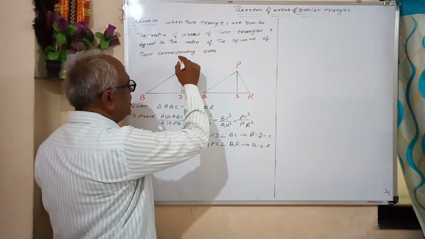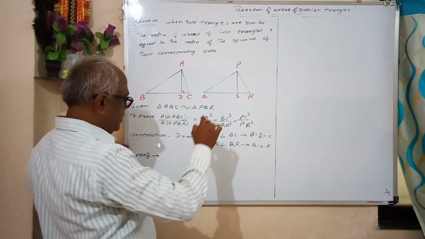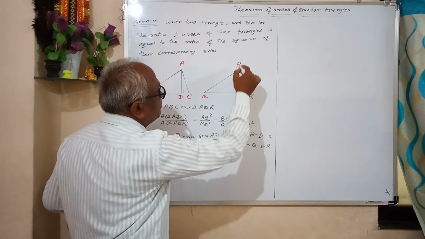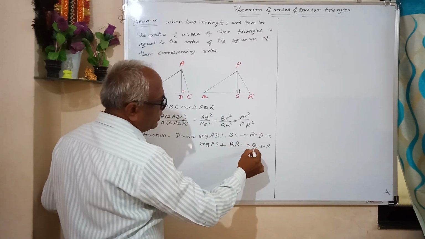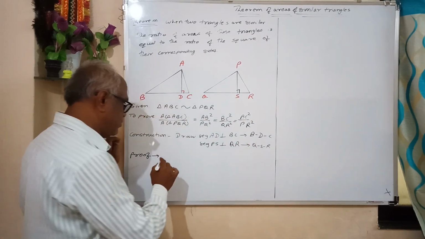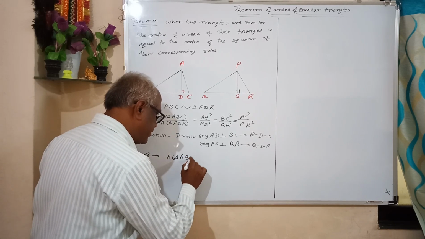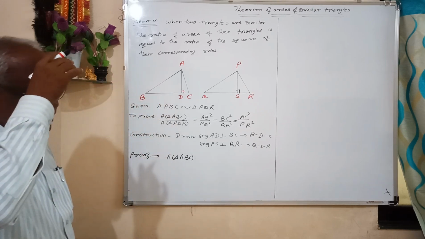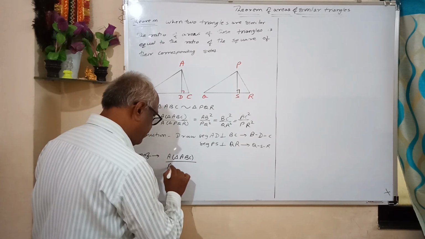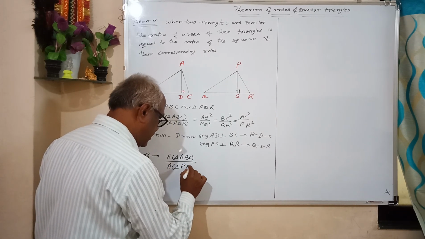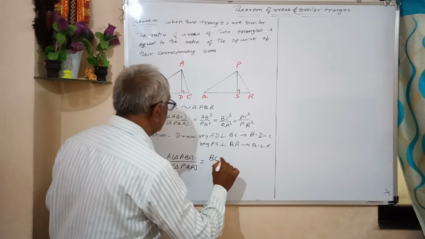Construction: draw segment AD perpendicular to BC, that is B-D-C, and draw segment PS perpendicular to QR, so that Q-S-R. Now we are going to see the proof. Area of triangle ABC, we know the formula, is half base into height. Now the ratio of area of triangle ABC upon area of triangle PQR is equal to half, it will be cancelled, base into height, that is BC into AD